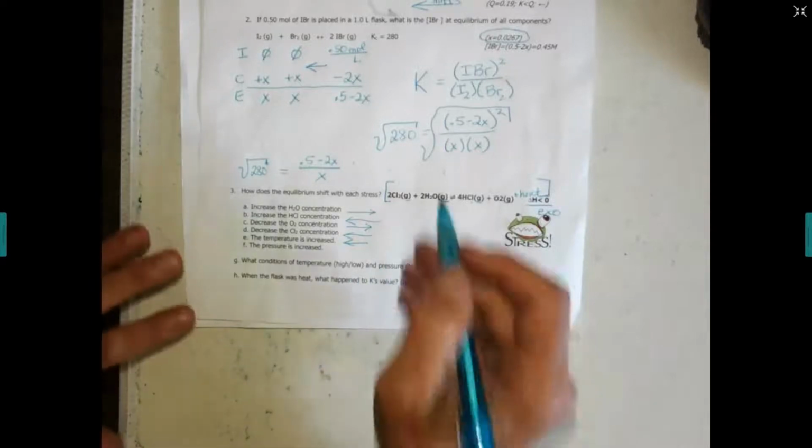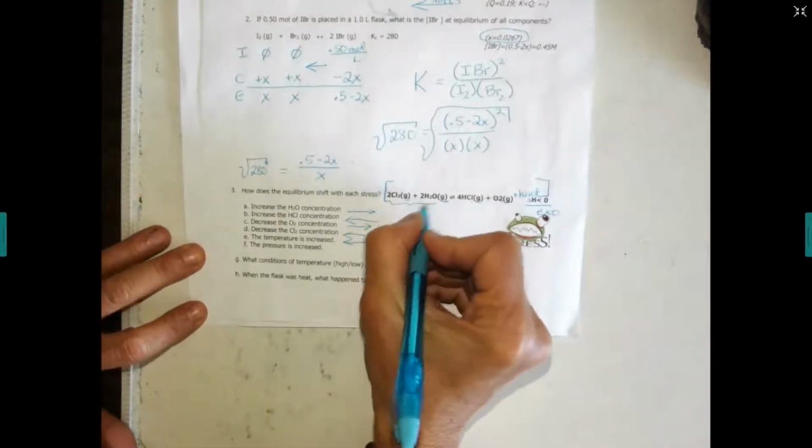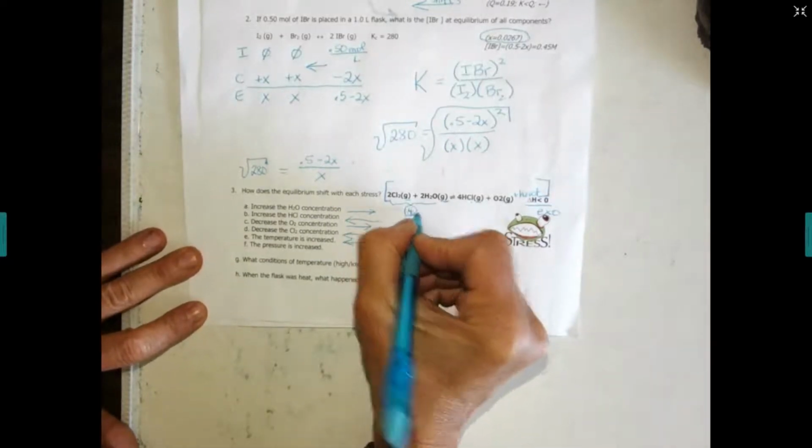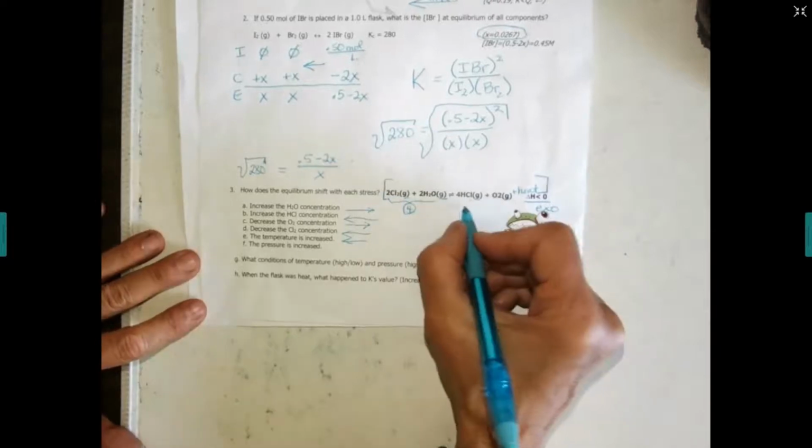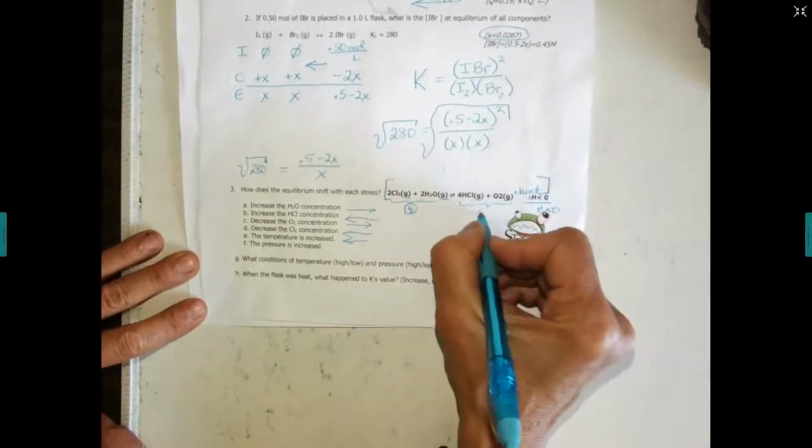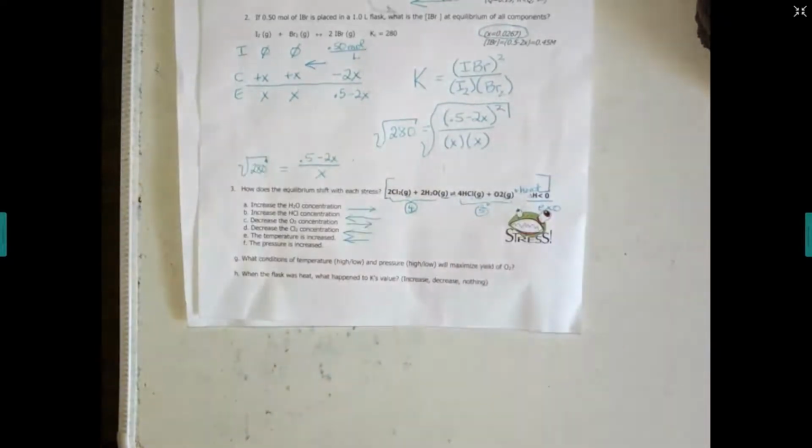If you increase the pressure, so we got to count moles. You got 4 moles on this side of gas. 2 plus 2 is 4. And on this side, you have 5. 4 plus 1 is 5. Didn't even need a calculator for that. So if we increase the pressure, it's squishing it together,